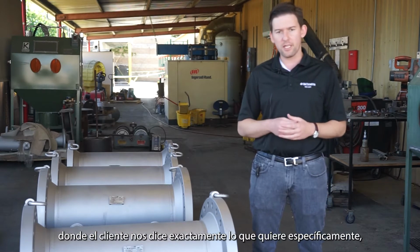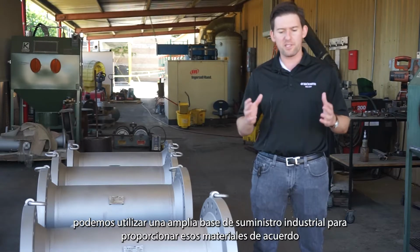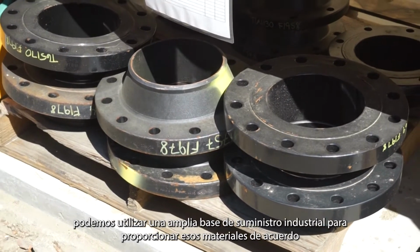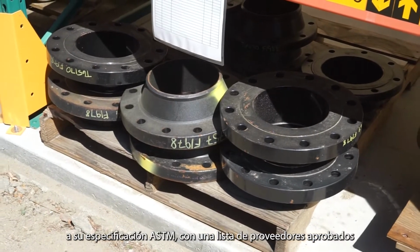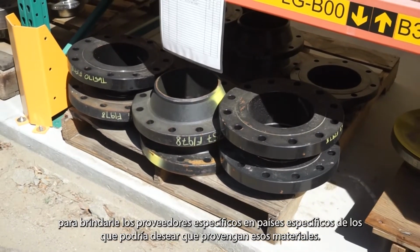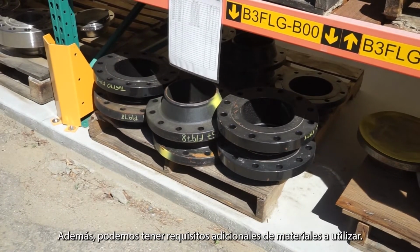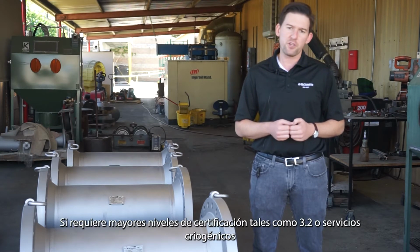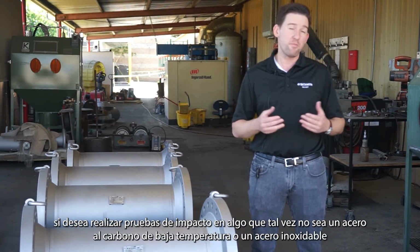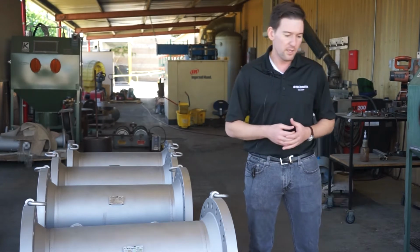the customer is telling us exactly what they want specifically, we're able to use a broad base of industrial supply to provide those materials in accordance with your ASTM specifications, with an approved vendor list to give you these specific vendors in the specific countries that you might want those materials to come from. Additionally, we can have additional material requirements that are placed on it. If you need higher levels of certification, such as a 3.2, or for cryogenic services, if you want to do impact testing on something that is maybe not a low-temp carbon steel or a stainless steel, we're all able to